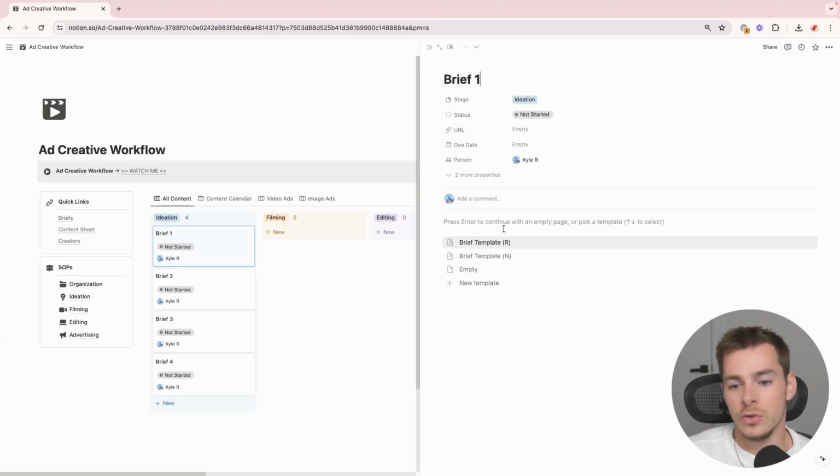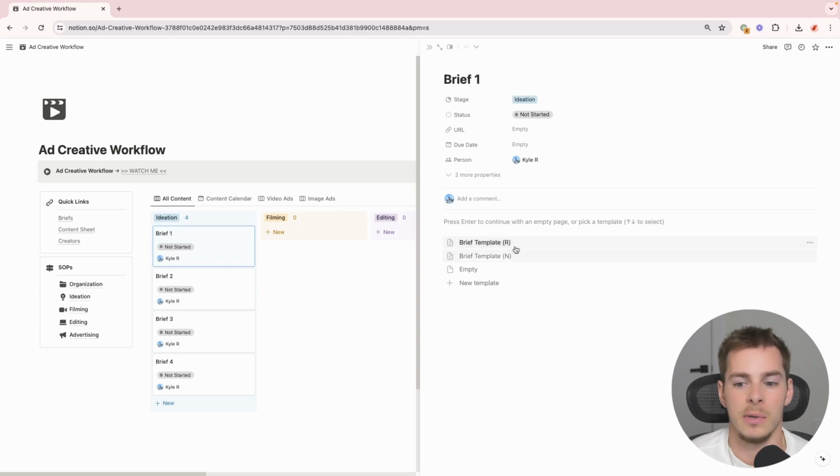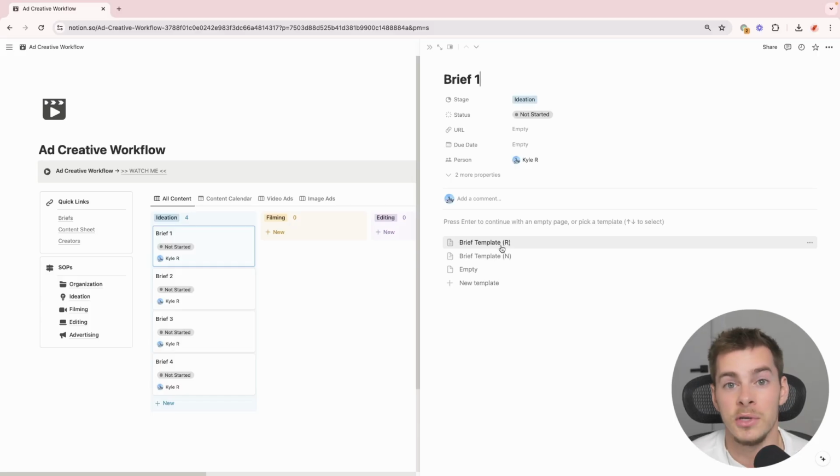All right, so we have these 2 templates here within Notion. One of them is what we call repurpose briefs. The other is what we call new content briefs. That's why we label them R and N. R essentially means we're going to be using existing content that we've already sourced or that the brand already has, whereas a new content brief is content that we intentionally go out and get a creator and source raw content in a very specific way that we want it curated. And then of course we have images and we have videos.